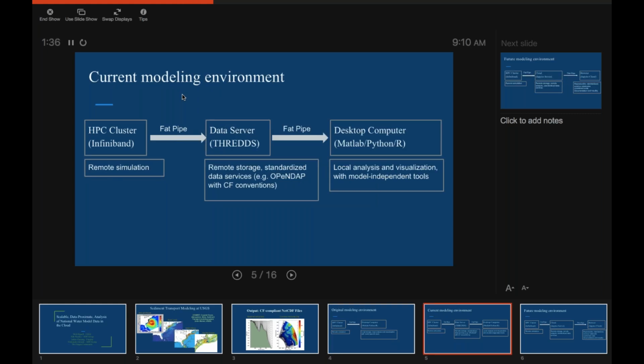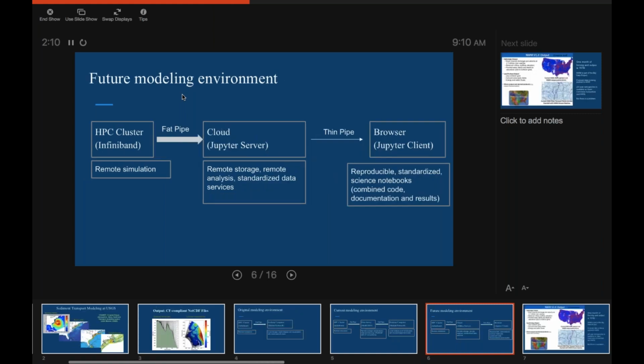And then we moved to a model where we do our HPC on InfiniBand somewhere, and we move our data instead to a file server where we have something like THREDDS running, where we connect to that and just extract the data we need into our workflows that are still on our desktop computer, and hopefully we have a fat pipe there so we can get our subset of data relatively quickly. But then we can exchange at least our workflows with other people, and they can use the same workflows, and they're all accessing data from servers like THREDDS, and that's very nice, except that